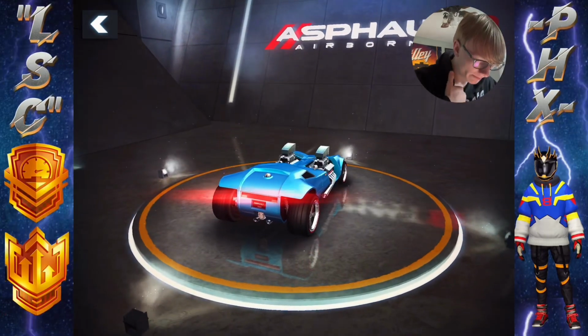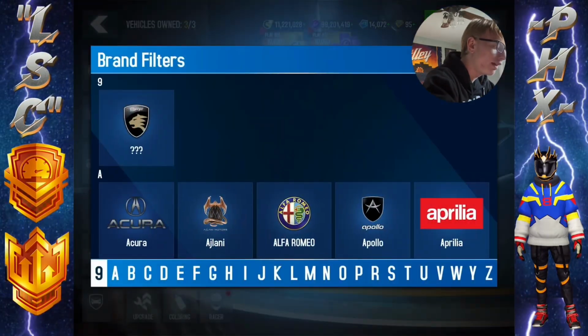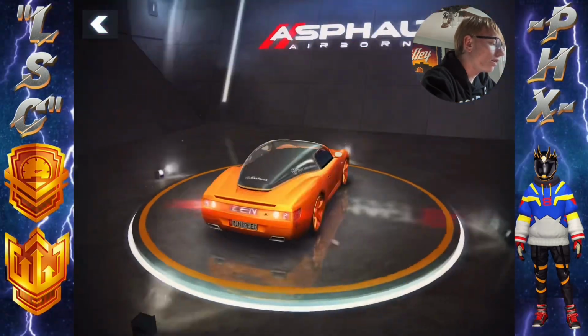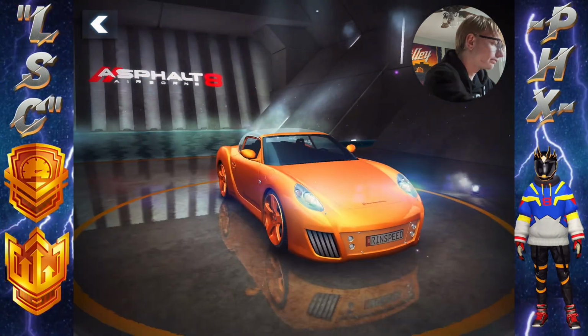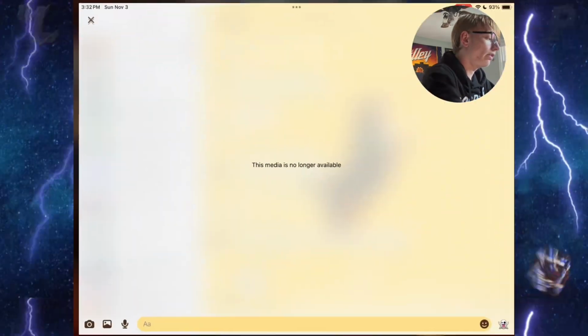Very sad about it. And last but definitely not least, a hidden beast. The Rinspeed Sazen. It no longer has its name in the game, but this car is getting removed as well, unfortunately. Now let's move to